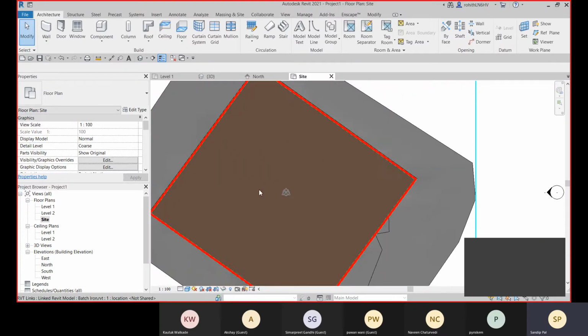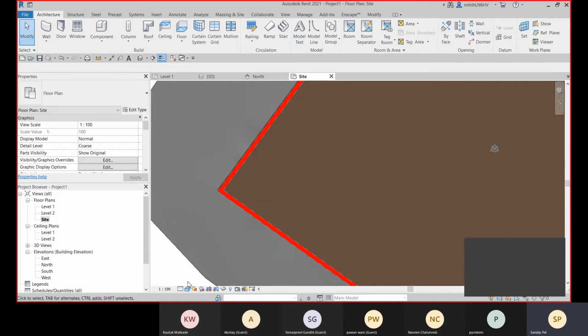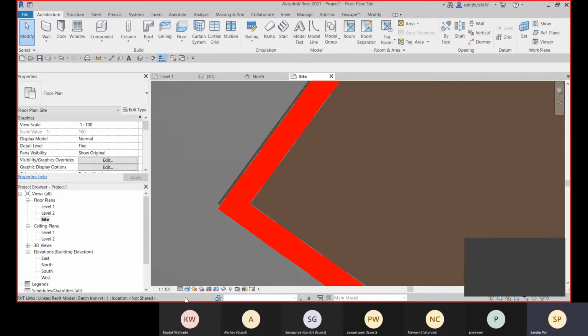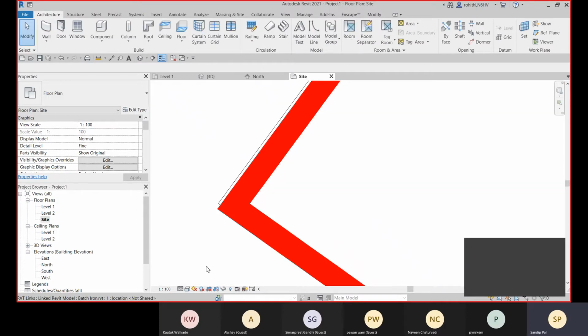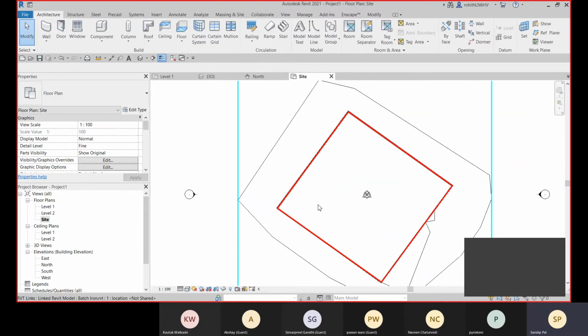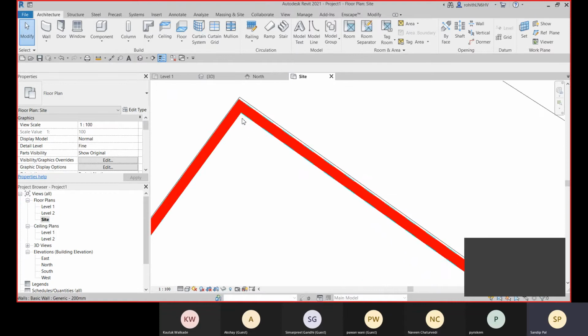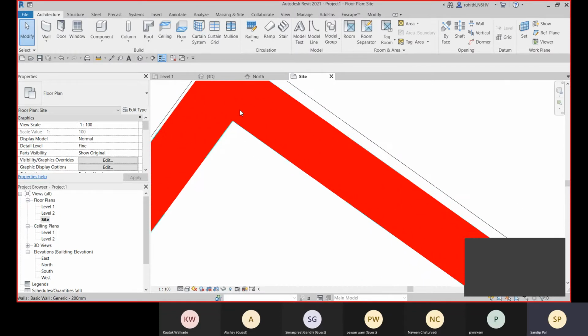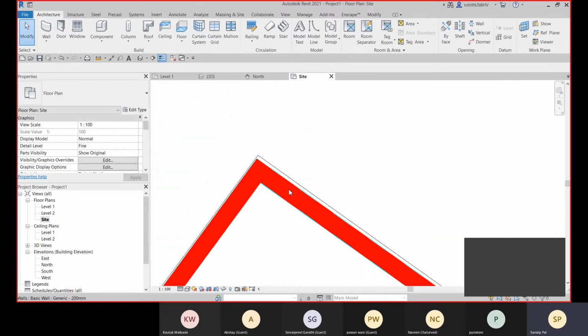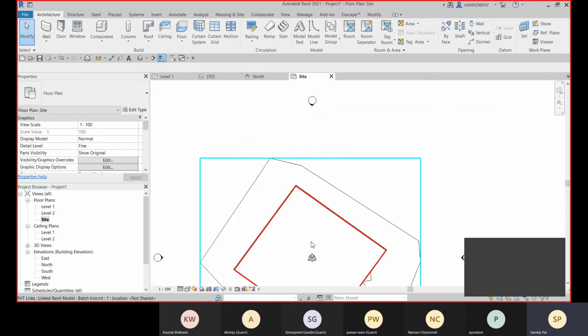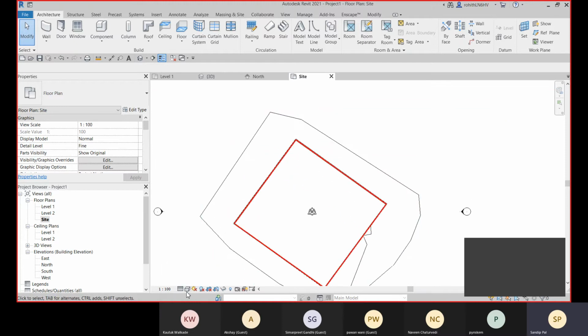In the shaded, I can see this. Okay. In the shaded or in the hidden style, I can see this, which I have applied. Okay. So this is how we can change the visual style. Fine.